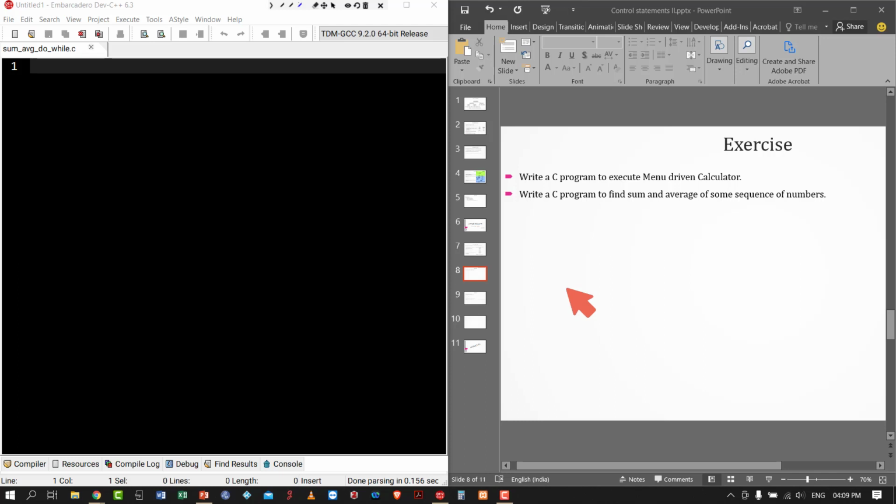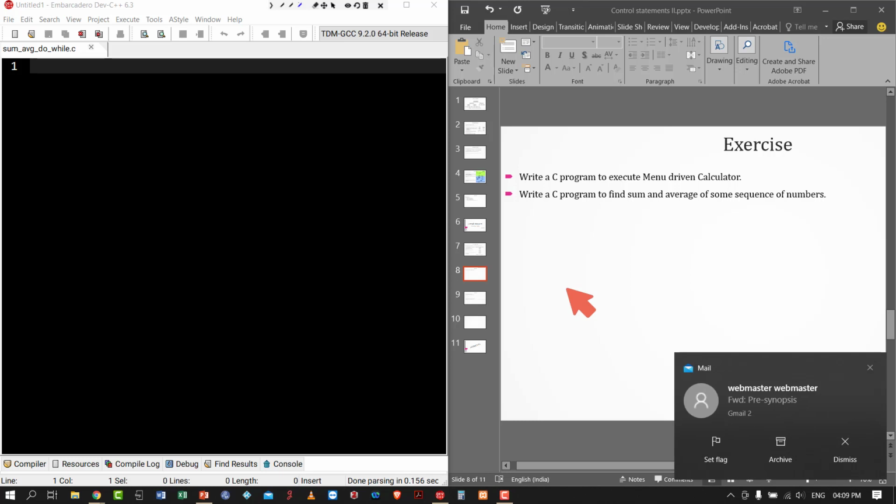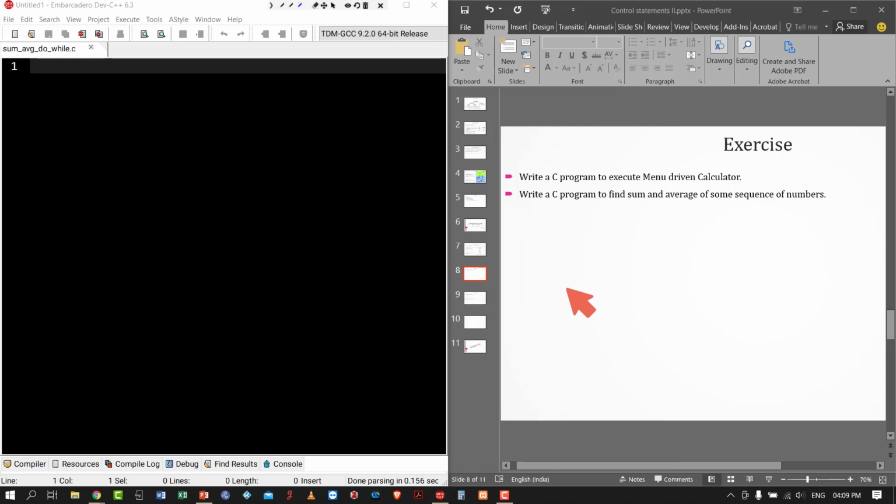If you press Y, again it will read one more number. You can enter any numbers any number of times, and at some point when asked whether you want to continue, you will press n. At that time the sum and average of the earlier entered numbers will be displayed.